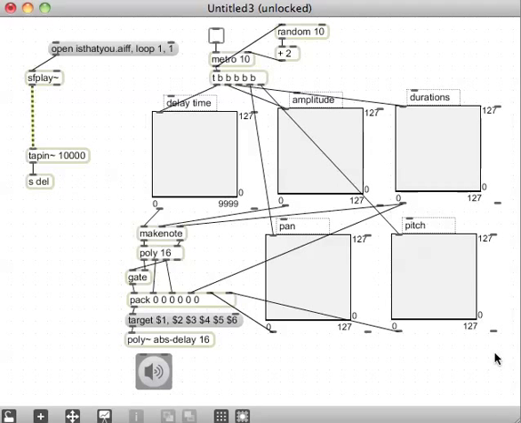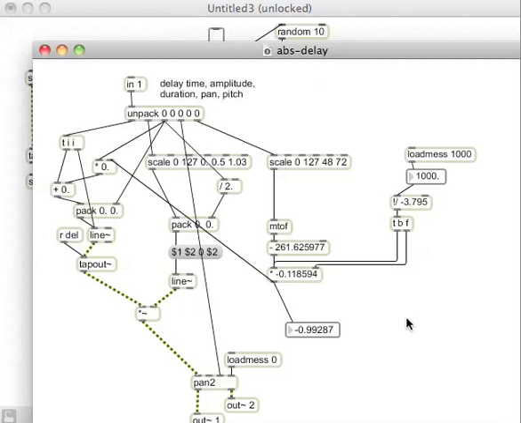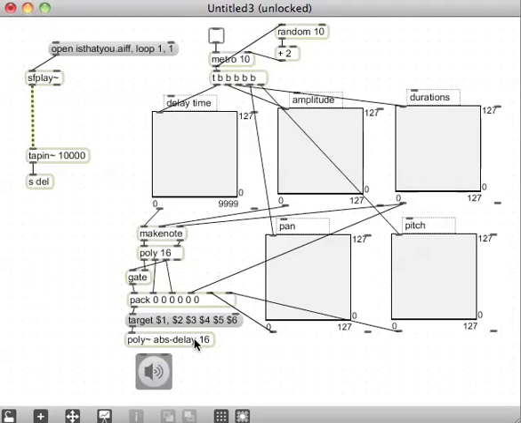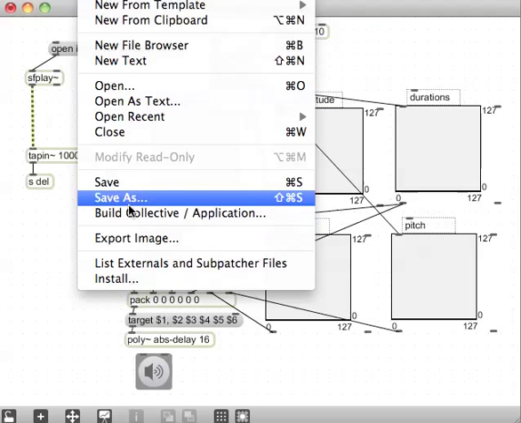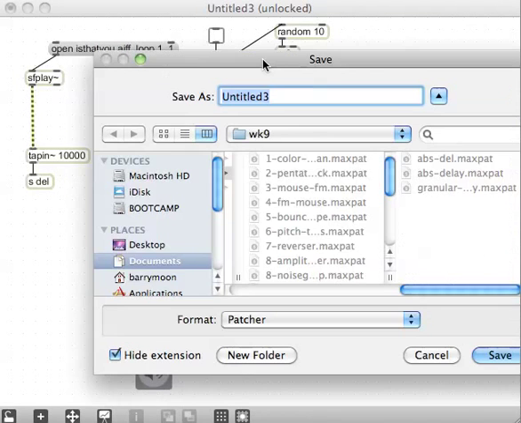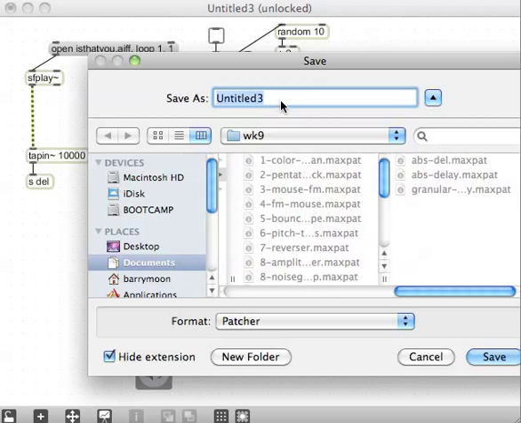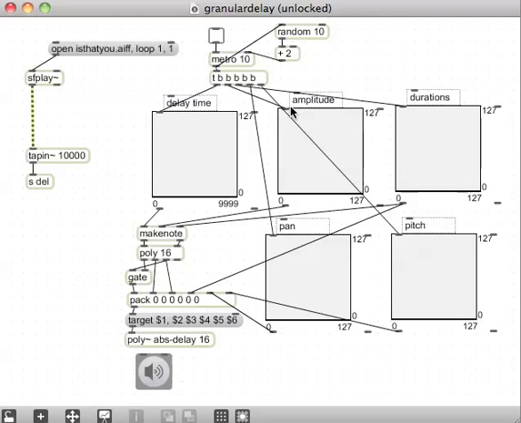Something didn't quite work out right here. I didn't save this, so it didn't actually load that poly tilde. So let me save this in here so it knows where its path is, and I'll call it Granular Delay, or something like that. Then I can bring up this poly tilde that failed to load before. And we saw it loaded now because I've got these outlets. Yay. So I'll hook up those outlets,